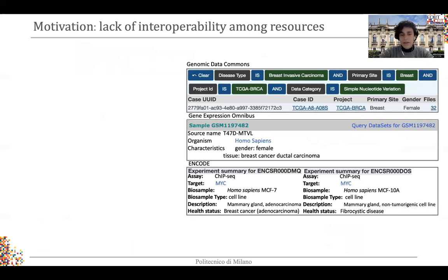At the same time, imagine that you have to search for data that is about breast cancer, and I put together the search interfaces of 3 different data sources: Genomic Data Commons, Gene Expression Omnibus, and ENCODE. Well, on the schema level, if you're looking for the information about disease, you may find words such as disease type, primary site, or characteristic and tissue, or health status. On the value level, instead, you may find things like breast invasive carcinoma, breast cancer, ductal carcinoma, mammary gland adenocarcinoma,